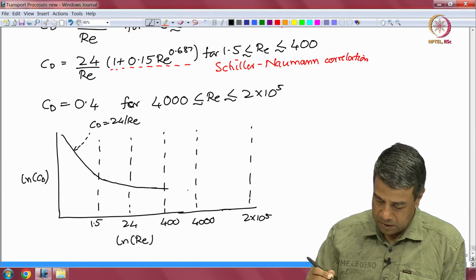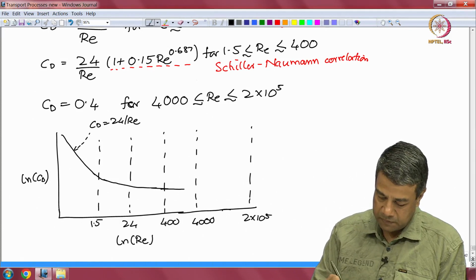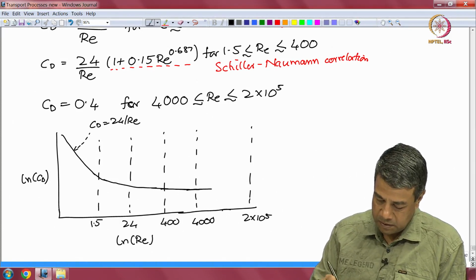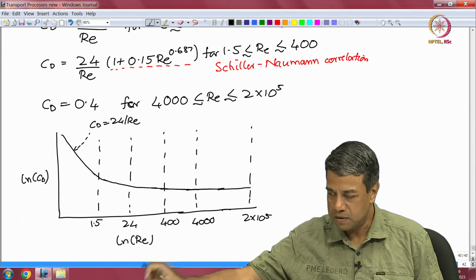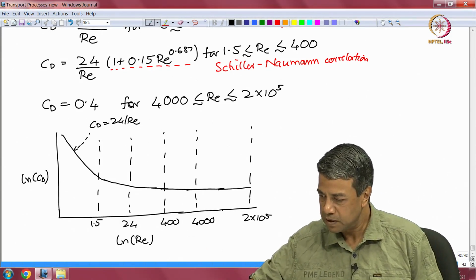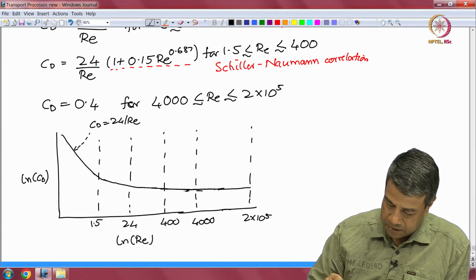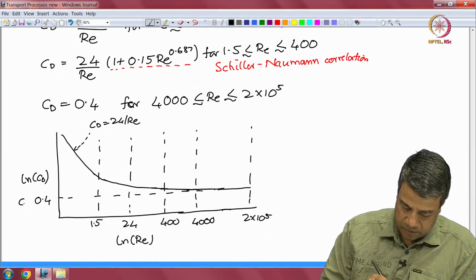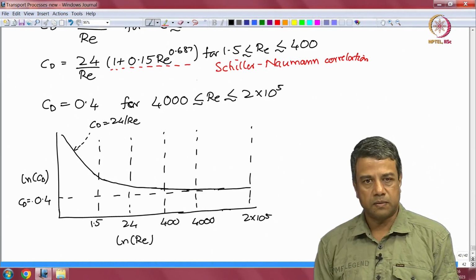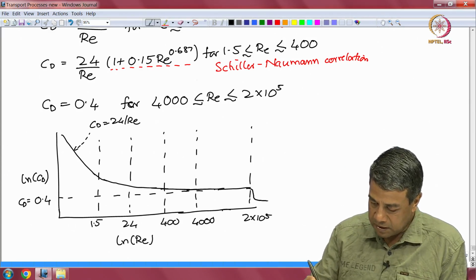Between about 4000 and 2 into 10 power 5 it goes to almost a constant value. That constant value is approximately equal to 0.4. If I extend this back here, this will be CD equal to 0.4, and then at 2 into 10 power 5 there is what is called a drag crisis,